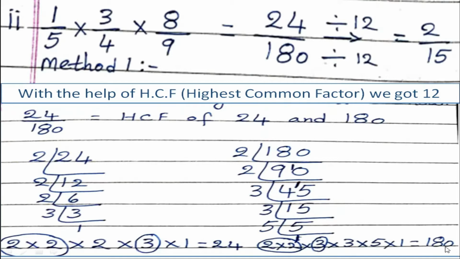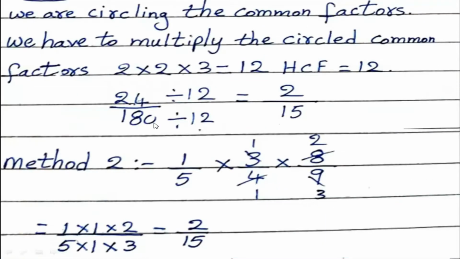We are circling the common factors. We have to multiply the circled common factors. Then we get 2 into 2 into 3 is equal to 12. That is why we got the highest common factor as 12. Now 24 by 180, divided by 12, means we will get the answer as 2 by 15. Okay children, now shall we move to